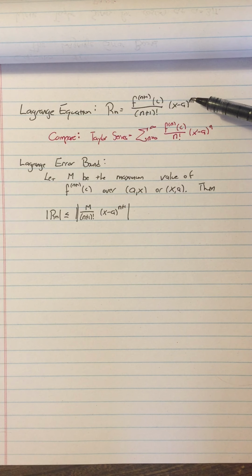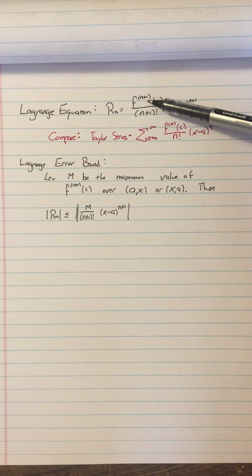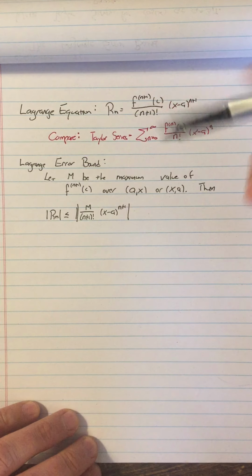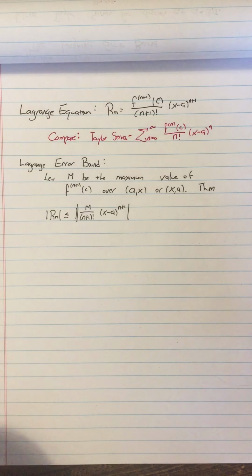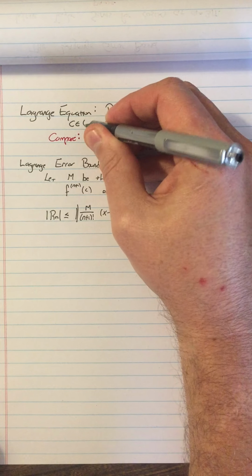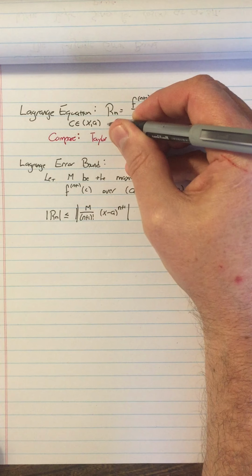Now in this equation, for a specific value, we know the x and the a. So for our example, x is 10, a is 3 pi. We know all the derivatives. We know what n plus 1 factorial is. The problem is the c. We don't know what the c is. The only thing we know about c that I forgot to write in here is that c is somewhere in the interval xa or